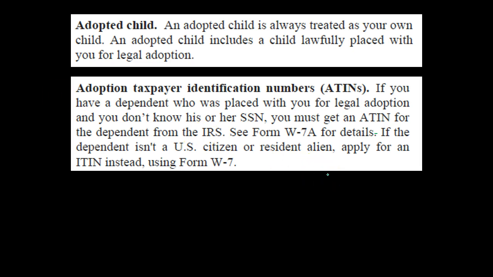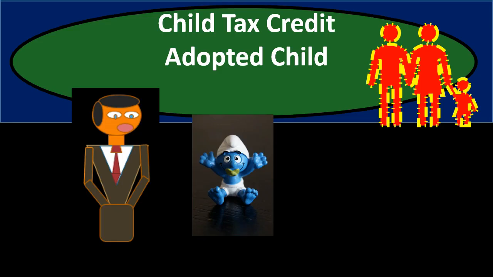Back to the text. If the dependent isn't a U.S. citizen or resident alien, apply for an ITIN, Individual Taxpayer Identification Number, instead using Form W-7. And again, you want to look at the instructions for Form W-7 on the irs.gov website to move forward from there. In this presentation, we will consider the rules for an adopted child as it relates to the